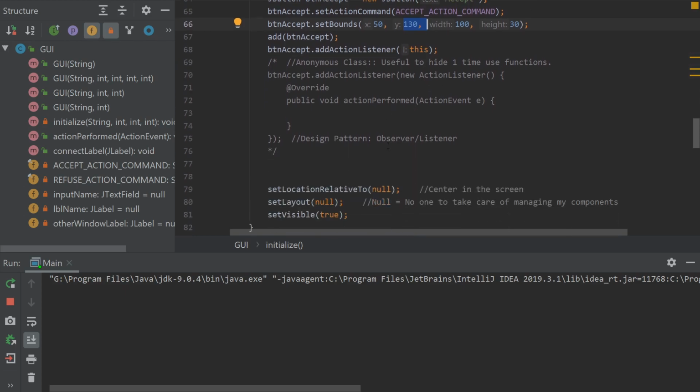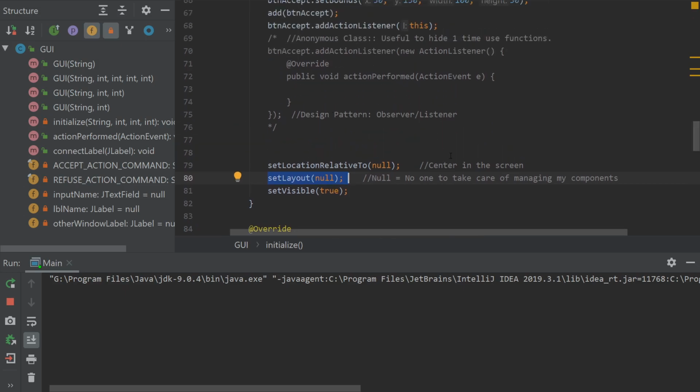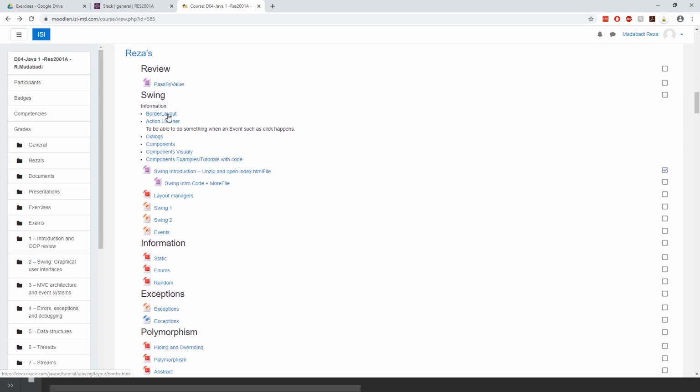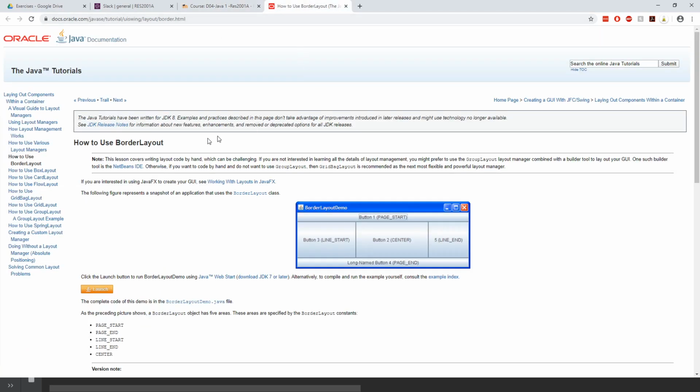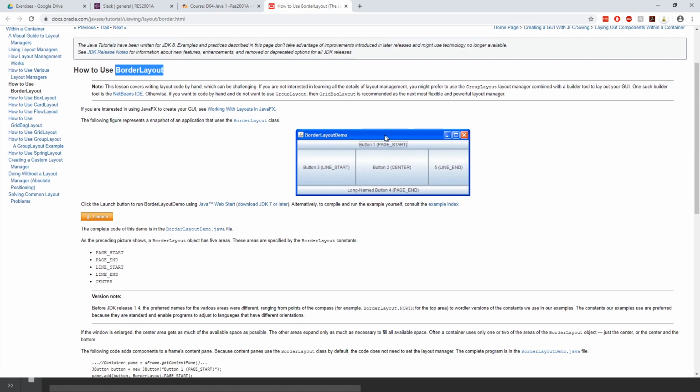Okay, so this is why we want to use not an absolute coordinate system, but a layout manager that will deal with positioning things for us. Okay, and if we go back into our course here, actually, I give you guys this border layout page, which gives you all different types of layouts, and they're all here. The first layout, which is border layout, gives you